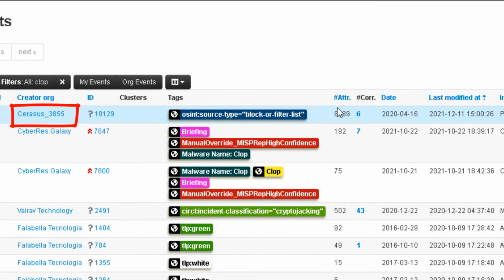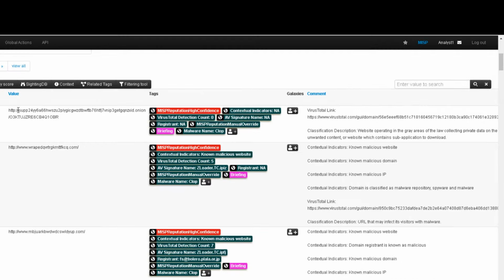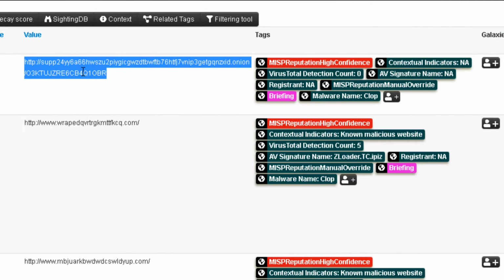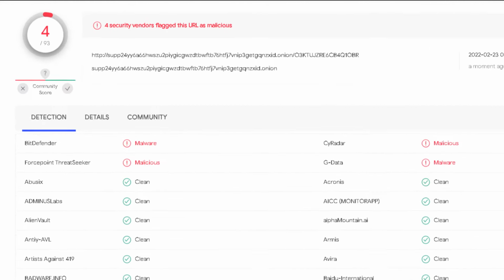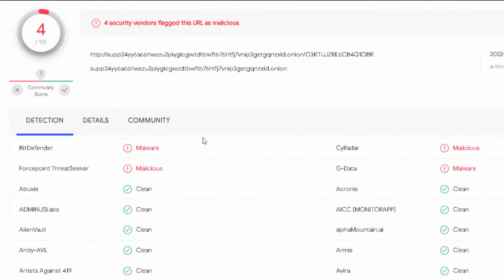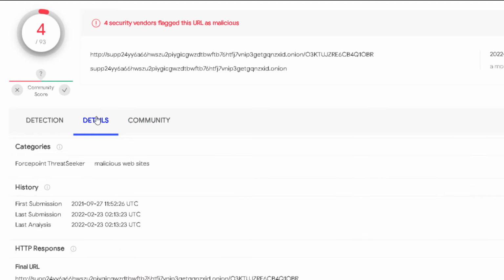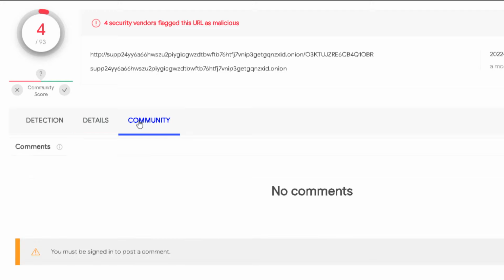I'll also verify this information from VirusTotal. Sure enough, 4 out of 93 vendors have also given a similar malicious verdict, matching Galaxy. Additional details or community comments aren't shown here, but it is not important as ArcSight has already provided these details to the analyst automatically. I'll now mention some of the reasons we are able to provide high confidence, high fidelity,